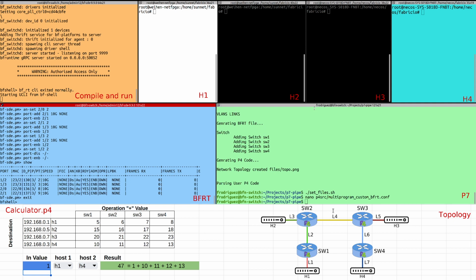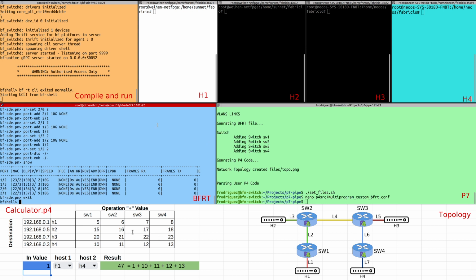Okay, so for this test, we're going to perform some examples. For instance, we are going to send a packet from H1 to H4 with a first value that is going to be our initial value, and then depending on how we configure the tables inside, a different operation is going to be performed in each of the switches, and also with a different value. So for instance, if we send a packet from H1 to H4, we can see here a summary